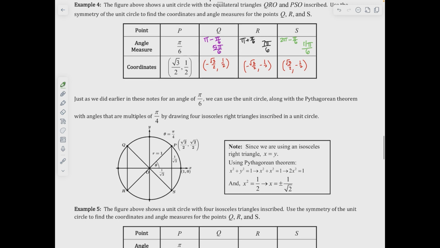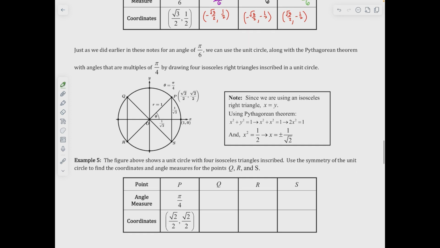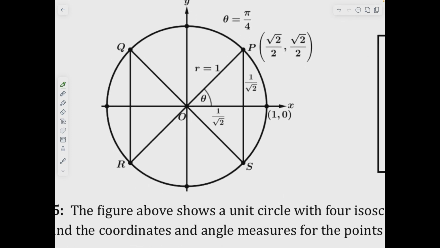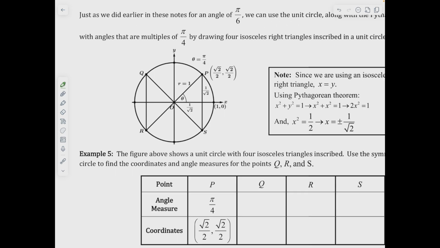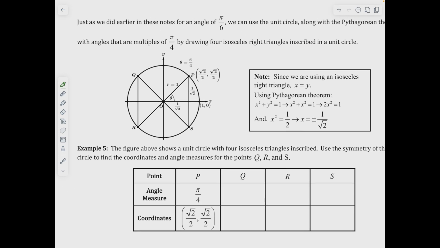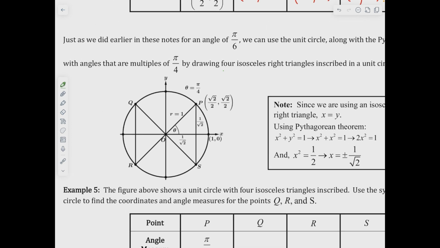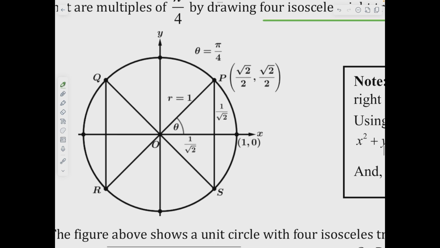So just as we did earlier in these notes for an angle of pi over 6, we can use the unit circle along with the Pythagorean theorem for my pi over 4s. Using the exact same thought, my radius is 1, and I'm going to draw 4 isosceles right triangles. Isosceles right triangles means that this side is congruent to this side. And so if you think about the Pythagorean theorem,